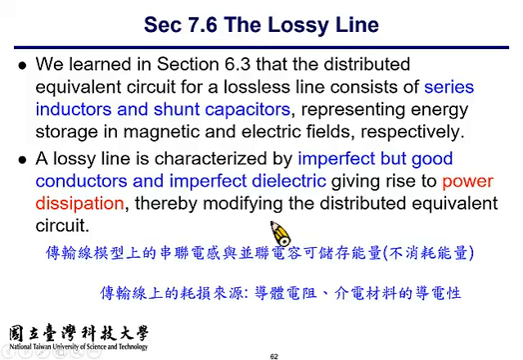Today's lecture will cover section 7.6, the lossy line. As we already described in the previous chapter, section 6.3, we introduced the distributed circuit model for transmission line circuits. That is, a transmission line can be represented as a cascaded series inductor and shunt capacitor. As you have already seen, the transmission line is represented by a series inductor followed by a shunt capacitor,